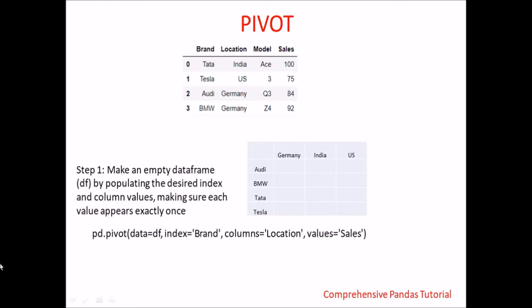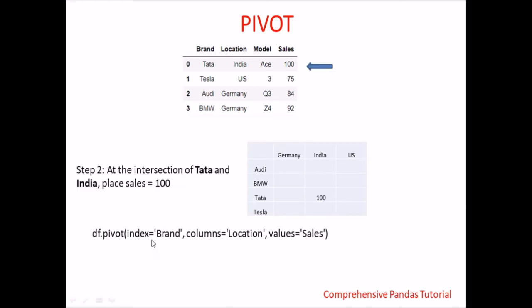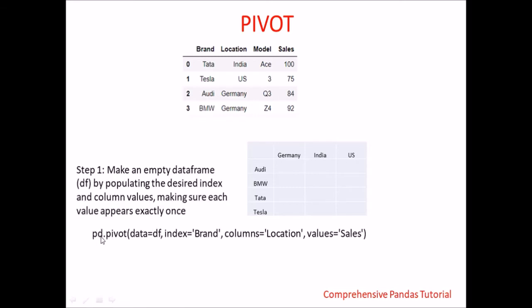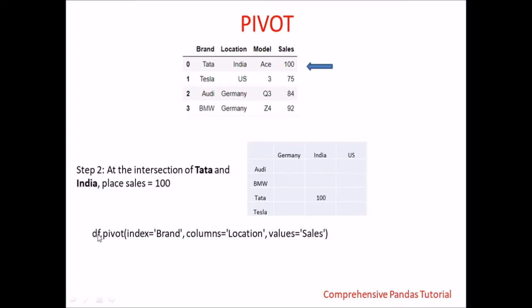Now you can see here, initially we had used pd.pivot and passed in an argument of data is equal to df, right? And here I have written df.pivot. So you can do it both ways. You can either call it as a top level method of pandas, or you can call this pivot method as an instance of this data frame, right? So if you call this as an instance of this data frame df, then you no longer need to pass in the data argument because you have already specified that before.